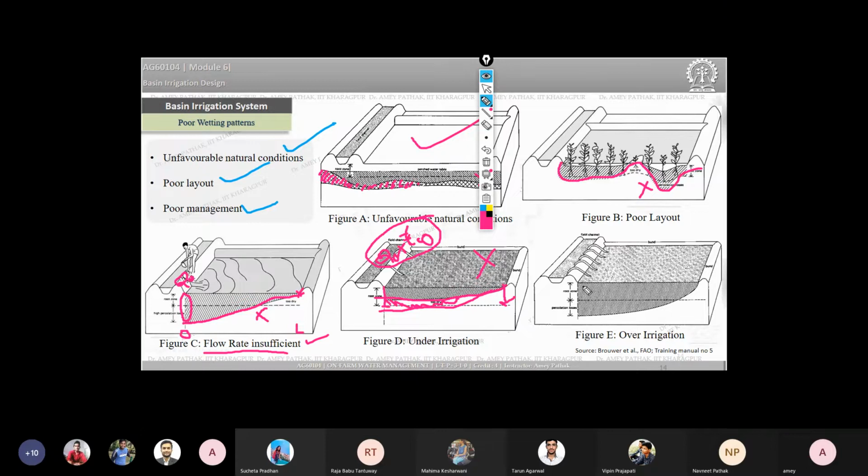Our design is based on the area of concern being this much. We are talking about this root zone, the infiltration or availability of water in this root zone. But in this case, you can see equal amounts of losses are also there. So this is again an example of over irrigation, and again a wrong infiltration profile.